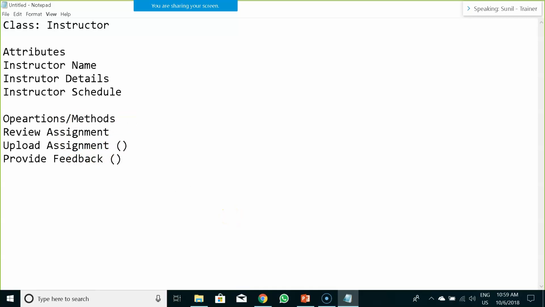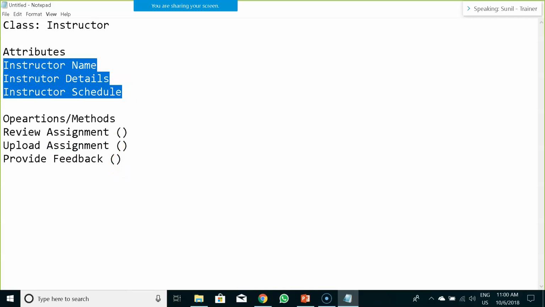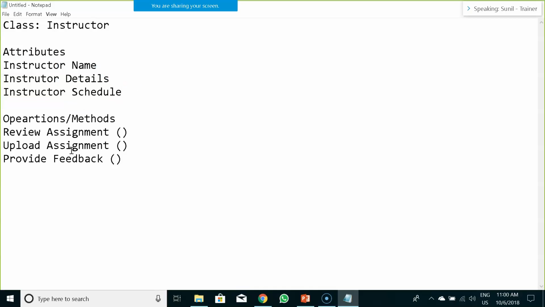Now this is a method. Methods are always used in this fashion whenever you are writing a method. This implies that this is an action they need to perform within a particular system. For example, reviewing an assignment, providing assignment feedback, and uploading an assignment. And this is the name of the instructor, details, and schedule of the instructor.